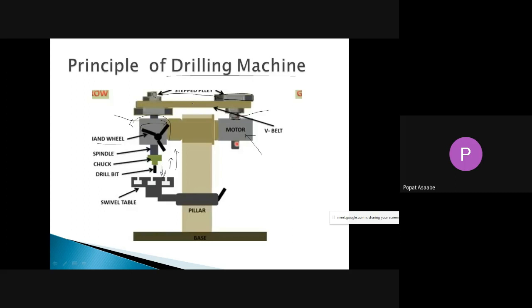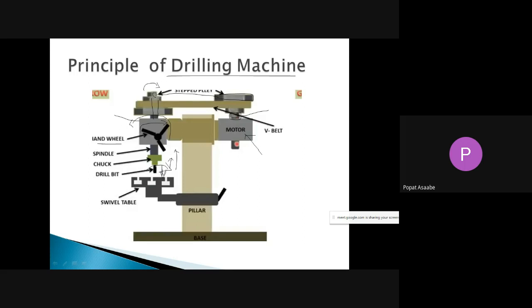Okay, and when power is given to this pulley with the help of that free belt, that time this set of pulleys also starts to rotate, and the power from this set of pulleys is given to the spindle, which means your spindle also starts rotating. And we know that at the end of that spindle we have attached a chuck, and inside the chuck the drill bit is held. When your spindle starts to rotate, along with the spindle the chuck also starts to rotate, which means your drill bit also starts to rotate, and we can give the feed to that drill bit.